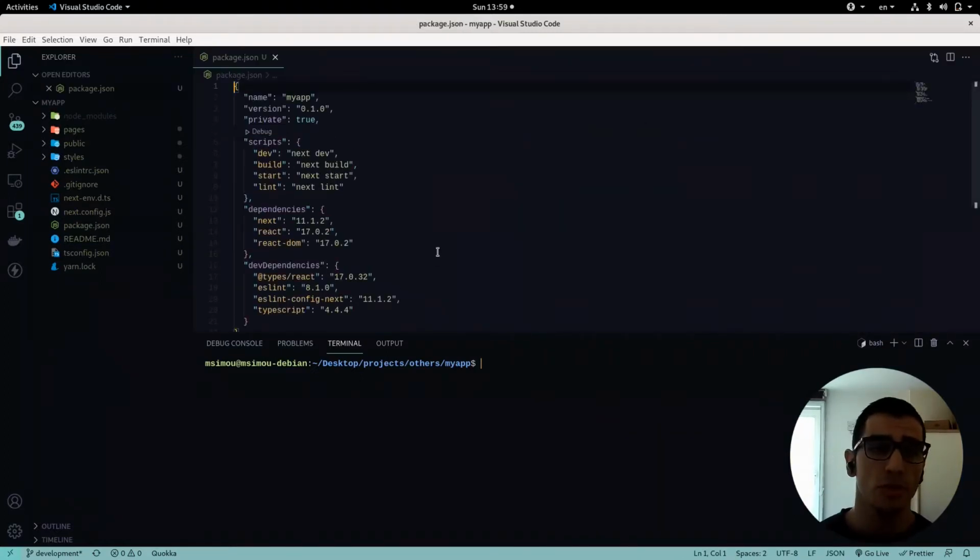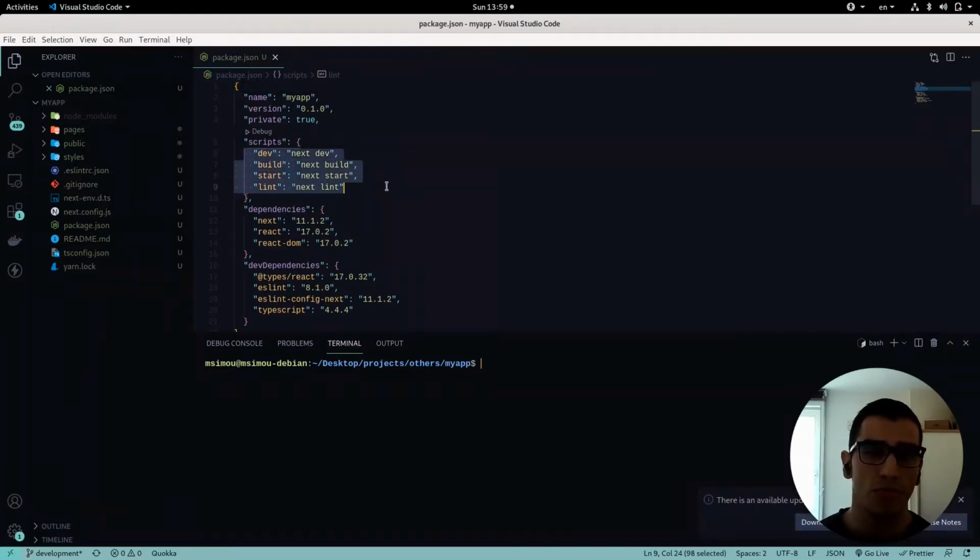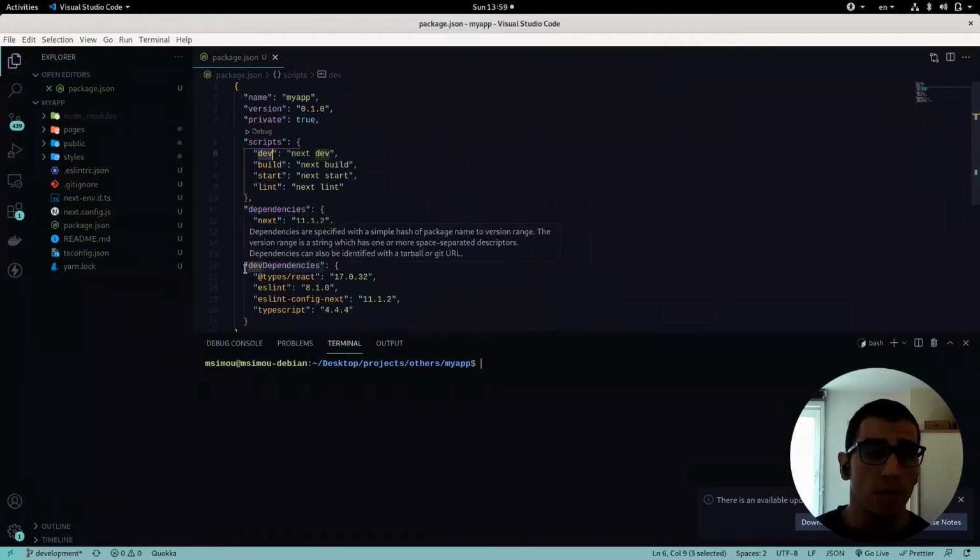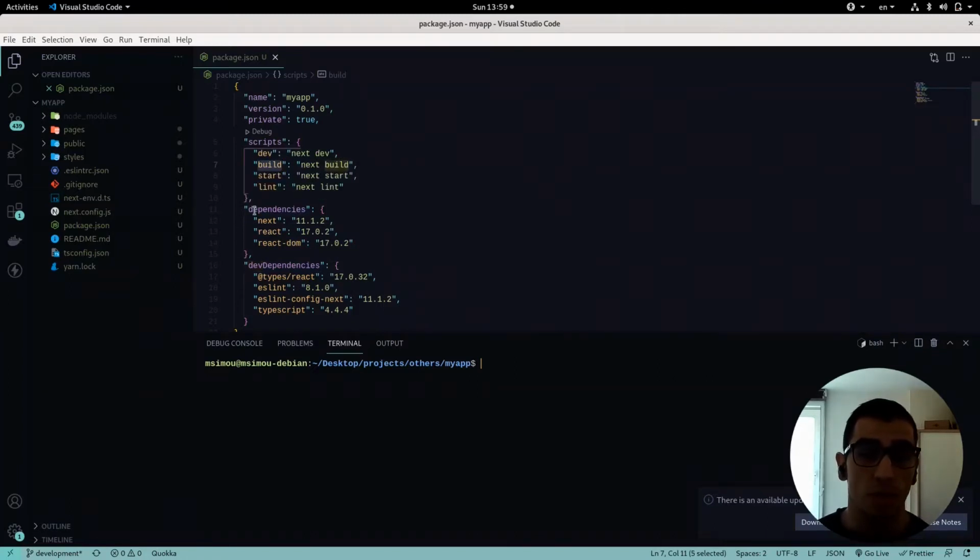If we move into package.json, we see that Next.js provides us with 4 commands. The first command is to run the app in dev mode. The second command is to build the app. This command runs lint as part of it, and also builds the assets for the Next.js app. We use npm start to run the application, and we can also run lint